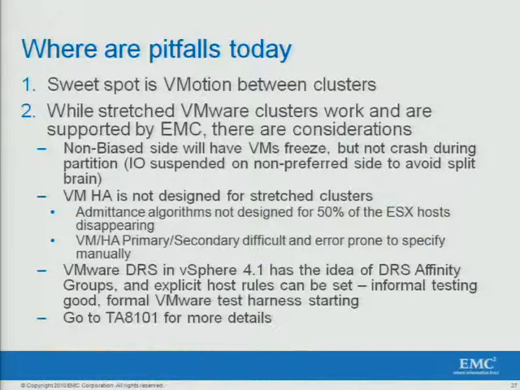What are important pitfalls today? The primary use case that we see customers deploying today is vMotion between clusters, not stretched clusters. And here I'm talking about VMware level stretched clusters, right? The caveat is that you can vMotion between clusters, but you can't vMotion between virtual centers, or vCenters, right? That's an area of work and research. How do we make inter-VC vMotion possible? That's also going to be required for vMotion in and out of public and private cloud